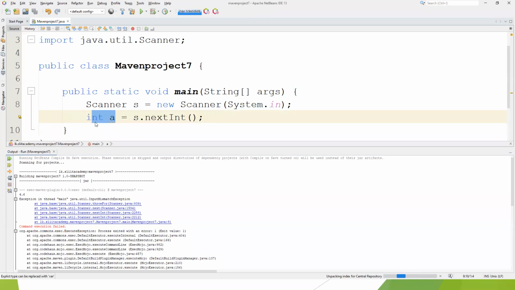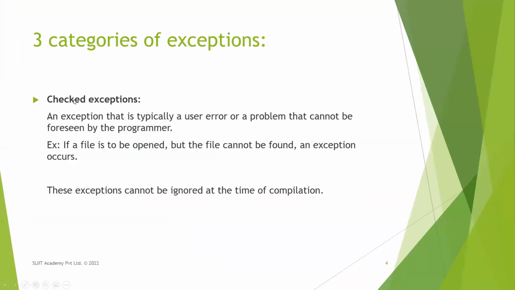So that is a checked exception, which cannot be foreseen by the programmer. Another example is if you try to open a file, but the user deleted that file. The programmer didn't know the file was deleted by the user. In that case, you get an exception because you try to read a file, but the user deleted it. This exception you cannot ignore at the time of compilation,